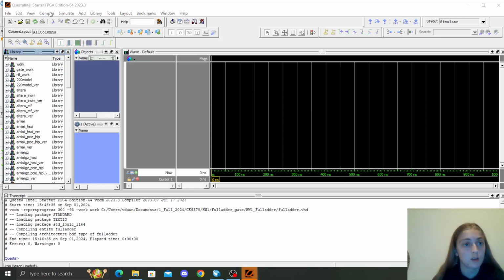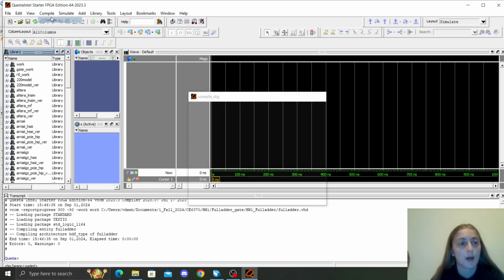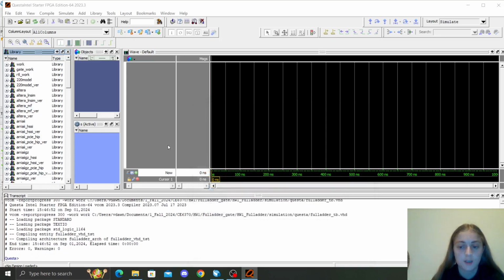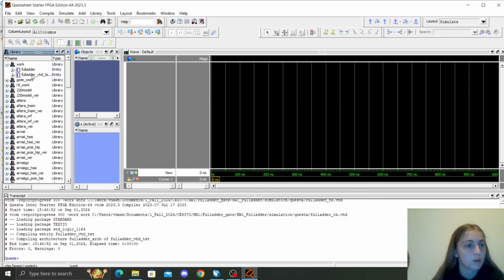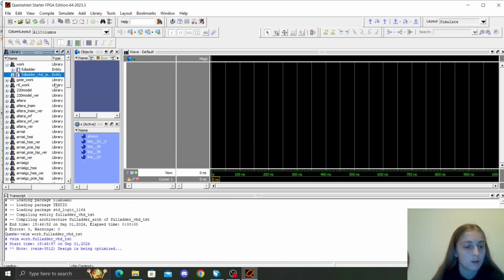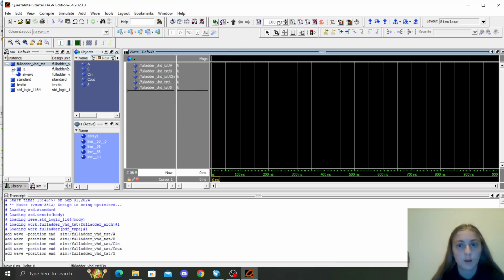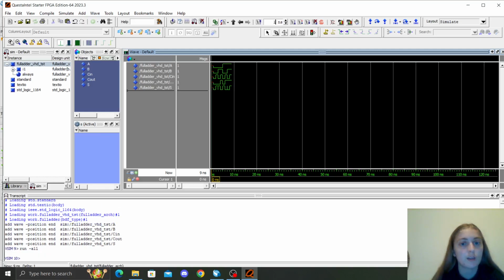But within Questa, you press compile. Once Questa finishes loading, compile. Then you select your test bench, press compile, done. Under work, you have your file. Then waiting for Questa, and then dragging these over. Okay. Then go down to 1 nanosecond, because that is what we used in our test bench. Run all, zooming in, and this is a schematic, by the way,